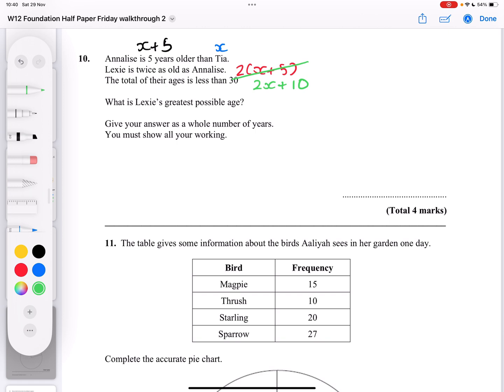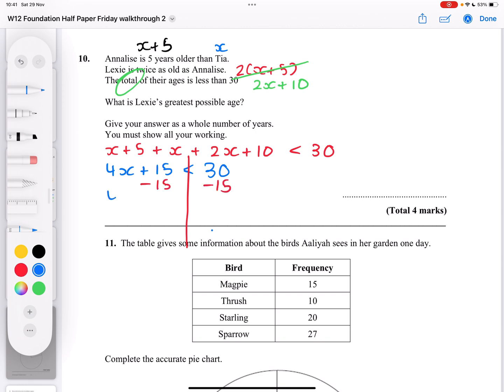So we know the total, that means add, is less than 30. So I'm going to add up these ages and write less than 30. And then I'm going to collect like terms and solve the inequality. So I've got 4x add 15 is less than 30. And I'm going to solve this inequality